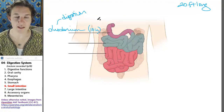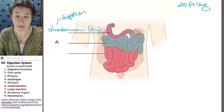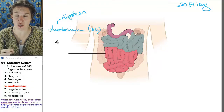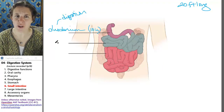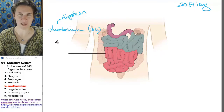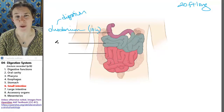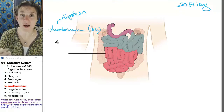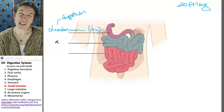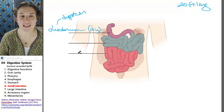There's lots of juices being secreted into the duodenum. We're secreting lipases, proteases, and different kinds of sugar digesters. And, dude, you just sent pH 1 stomach acid into your tender little small intestine. You better adjust the pH, so we also secrete bicarbonate from the pancreas. A whole bunch of stuff gets secreted into the duodenum. It gets mixed. It sits. It does its thing. And as the stuff moves through the tube and into the next part,